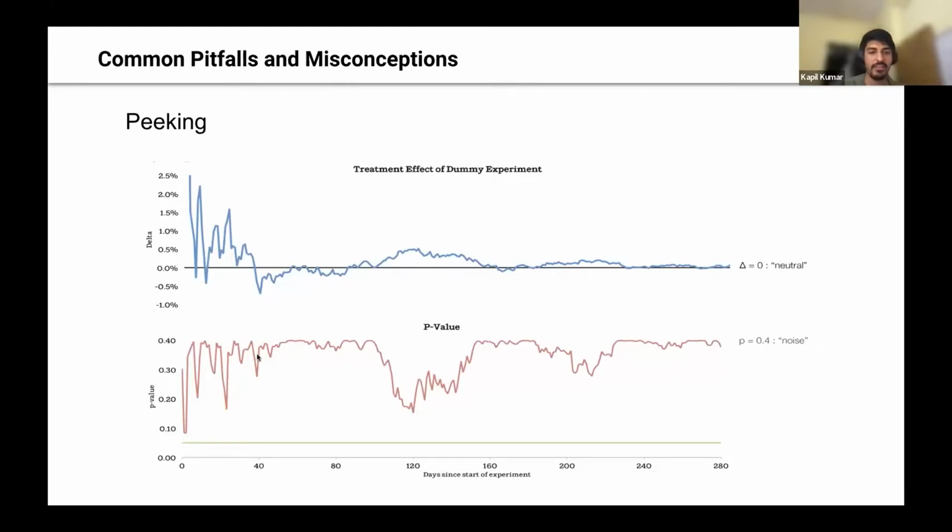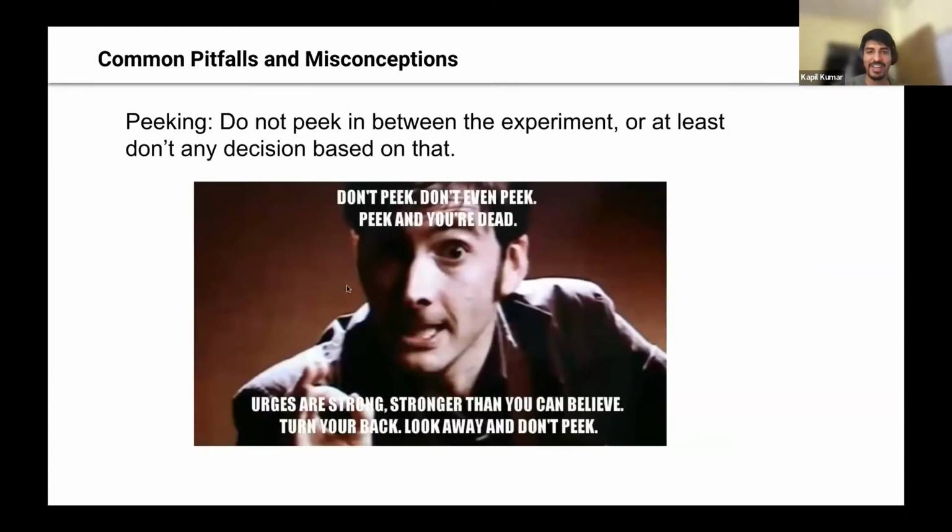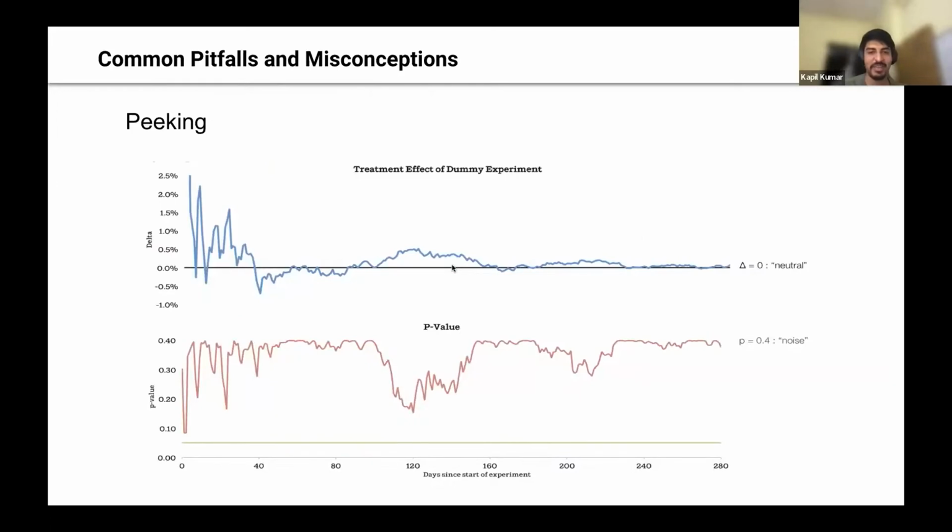If on day 5 you observe, okay, now the result looks significant and it is better, again, don't take any decision. This is the delta, and this is the p-value corresponding to that. So again, don't take any decision. And if you peek, at least don't make any decision based on that. Let the experiment finish, let the numbers come, and then you